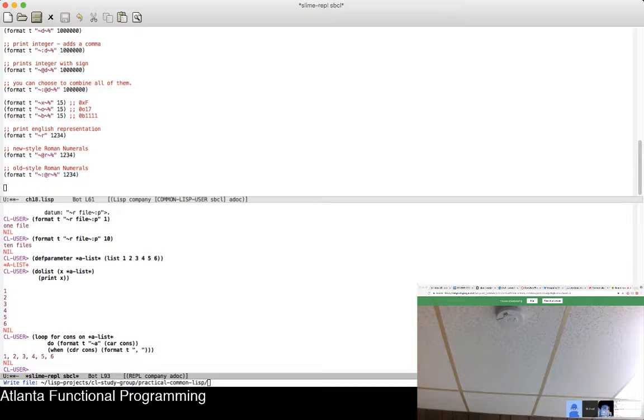But you can also do this directly in format, and the way you do that is you do tilde, well, tilde brace to indicate that you're iterating through a list. You format the list with the way you want it, and then when you're ending it, you could go ahead and close it by doing a tilde brace too as well. And in here, you will see